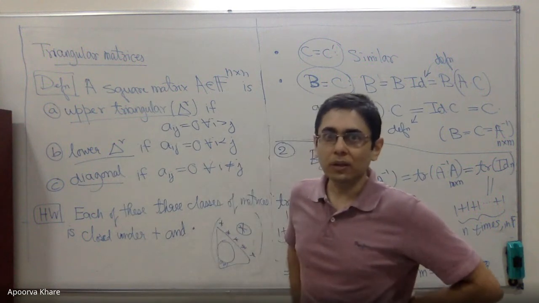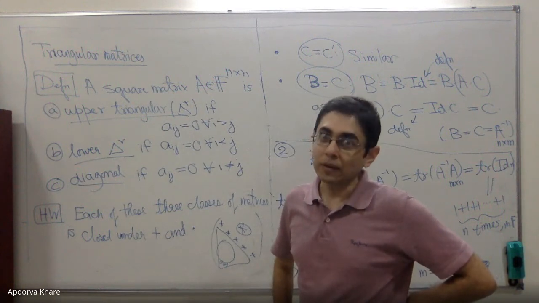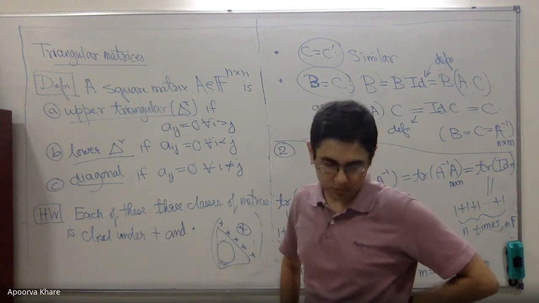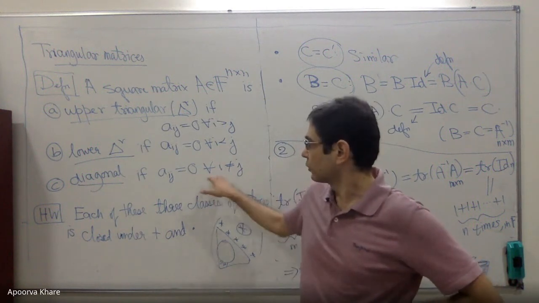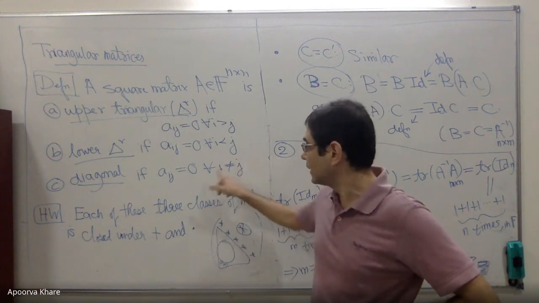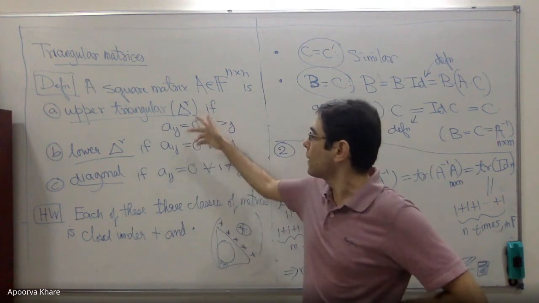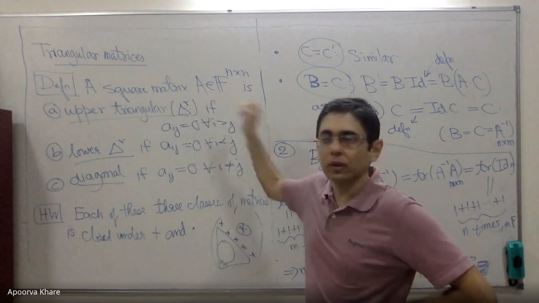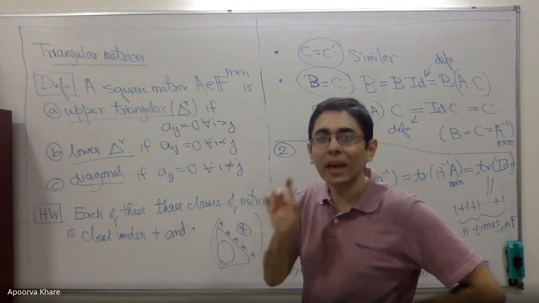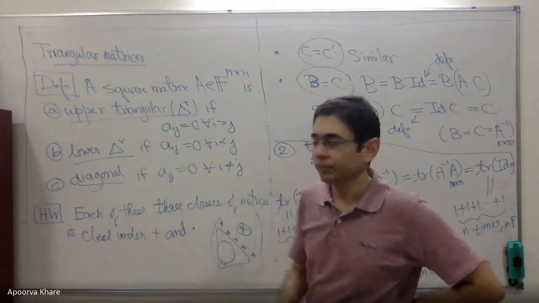Now the point is the proofs would seem to be almost the same, right? Suppose I ask you to write down all these three proofs, and I plan to, by the way. So how do you make sure that you don't write the same calculation three different times, or four times? Here you have to do it once for i bigger than j and for i less than j. So first of all, you can deduce this one from these two. If you know that the product of two upper triangulars is upper triangular and the product of two lower triangulars is lower triangular, from those two statements alone, without doing any calculations, you can deduce that the product of two diagonals is diagonal. Figure it out.